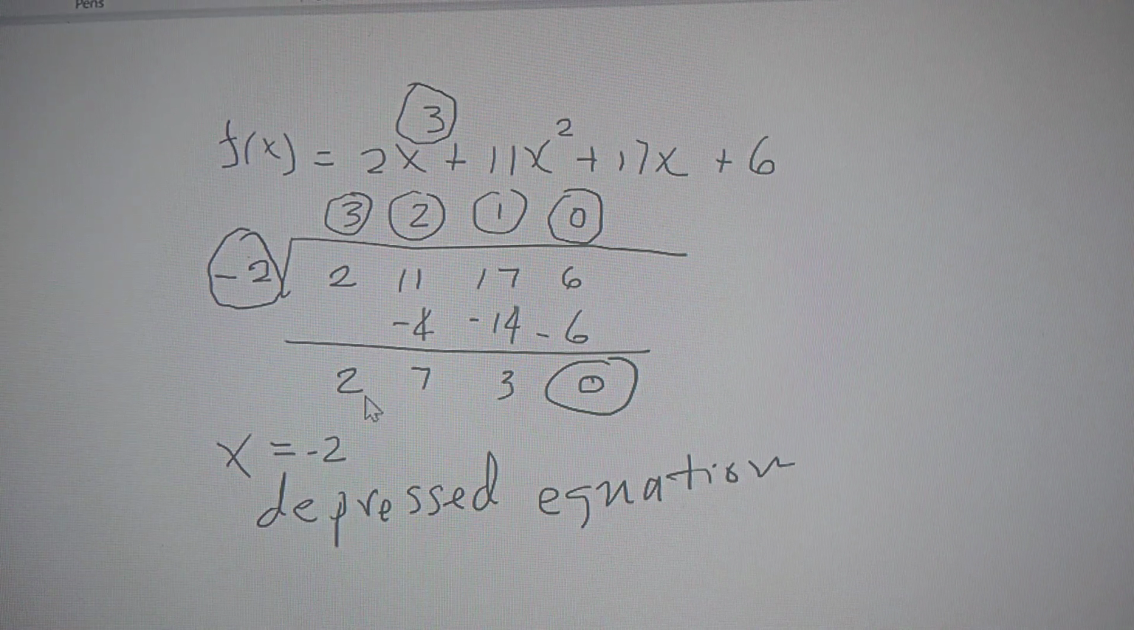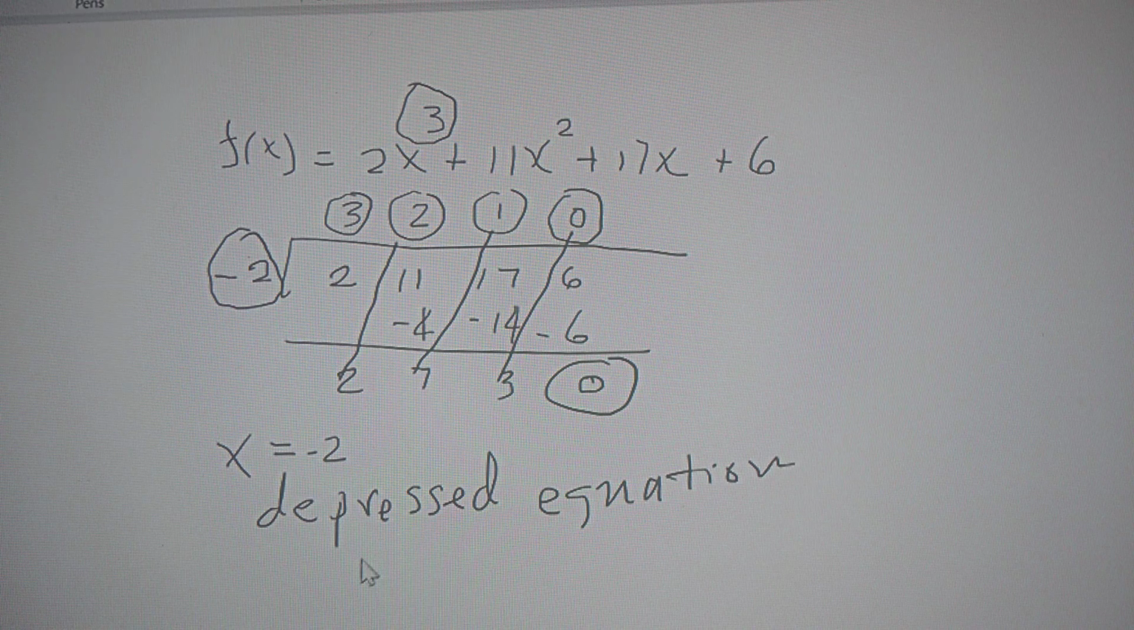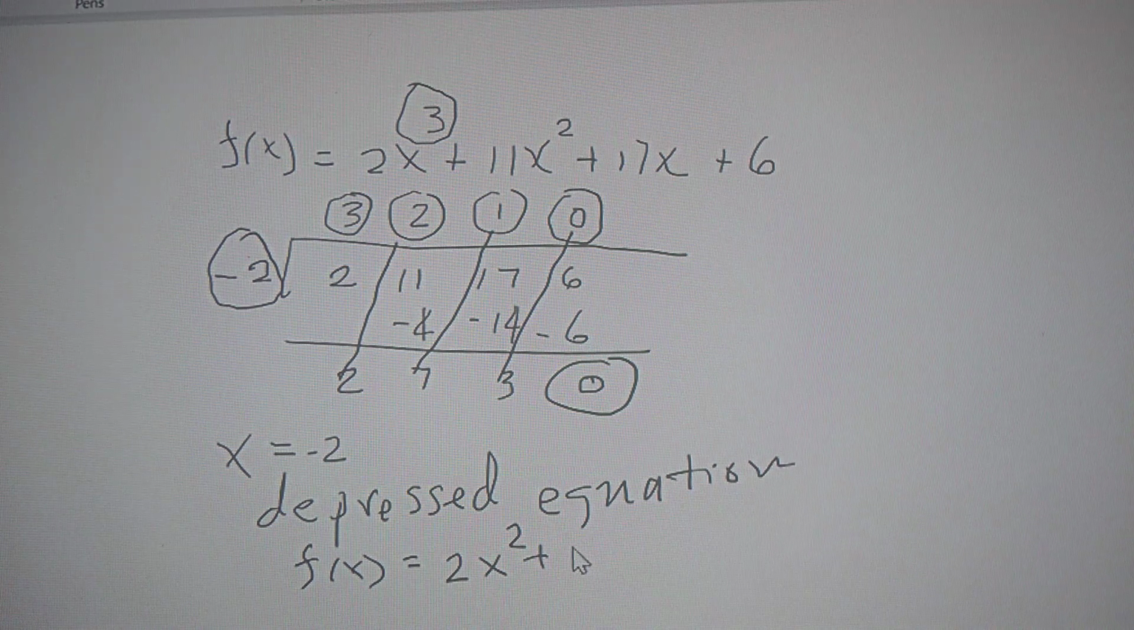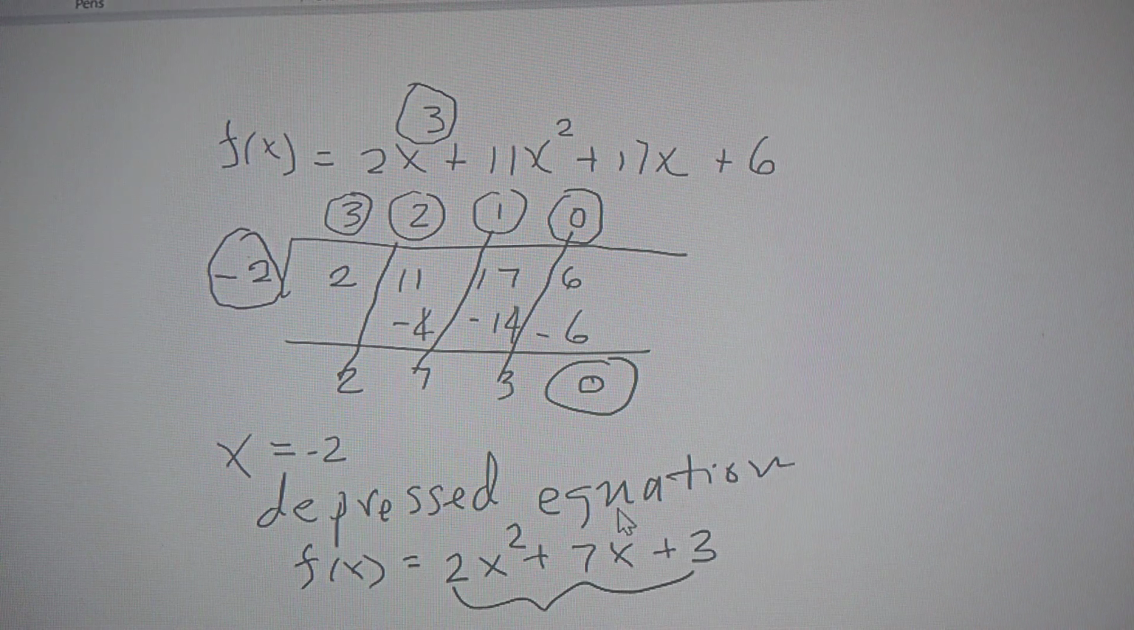Which consists of 2x squared plus 7x plus 3. So that will be f of x is 2x squared plus 7x plus 3. Now, notice it's a quadratic. We can use any technique to find the root to this quadratic. You can use the quadratic formula, you can use factoring, you can use